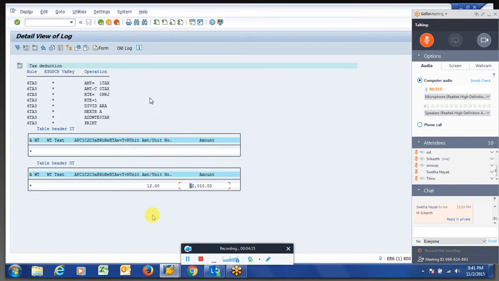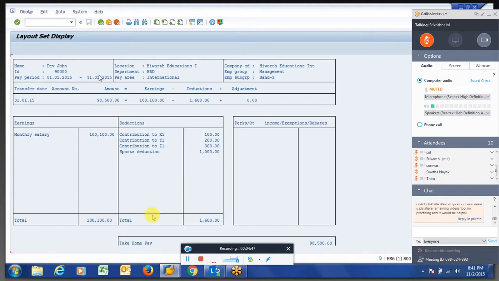So I think we are not displaying the tax amount over here. We'll do one thing. We'll display the tax first. So if you see, we have to check with the RT what the value is storing.